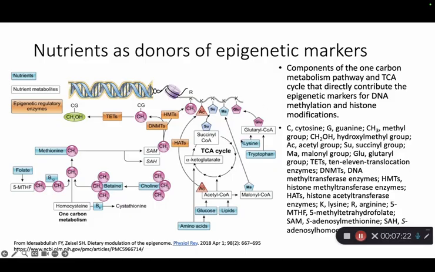We have our Krebs cycle, or TCA cycle, with some of these components: succinyl-CoA, alpha-ketoglutarate, acetyl-CoA. We're seeing the relationship between some of these amino acids. We're also seeing, over here, our one-carbon metabolism with homocysteine, B6, B12, folate, methionine, feeding into this process of getting us methyl groups that then can be added on, potentially, to our DNA and can play a stabilizing role and also can prevent gene expression.